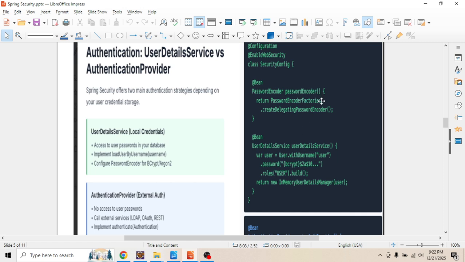Inside the password encoder method, it returns PasswordEncoderFactories.createDelegatingPasswordEncoder, and we have the @Bean annotation. Whereas the user detail service method returns UserDetailsService,